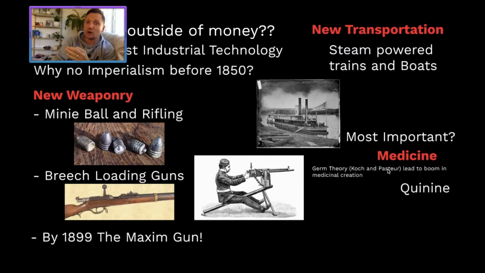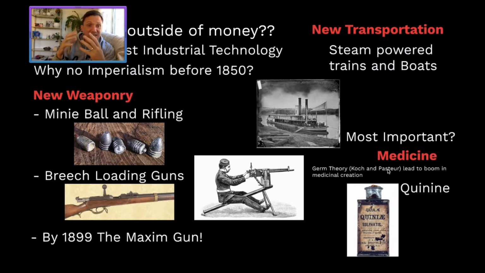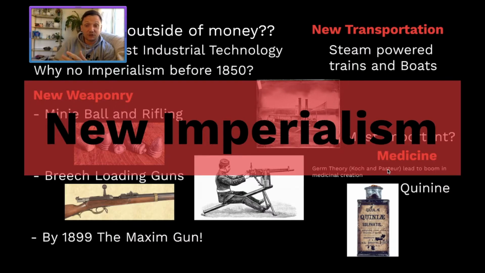The biggest one, though, that comes onto the scene is this stuff called quinine, right? Quinine medicine is derived from the bark of a South American tree that the natives in South America had been using for thousands of years, right? And the natives actually tried their best to keep it hidden from the European powers for a very long time, but unfortunately they are going to learn how to synthesize it, and quinine medicine could be used to fight off the effects of malaria, right? So now you have a medicine that prevents people from getting malaria or from feeling the symptoms of malaria,